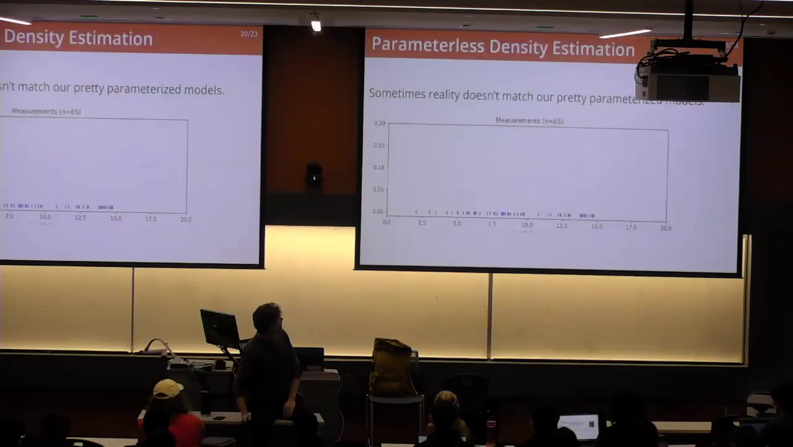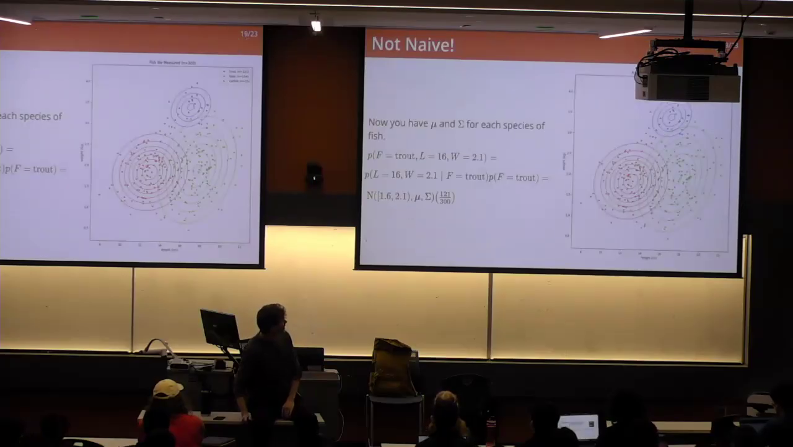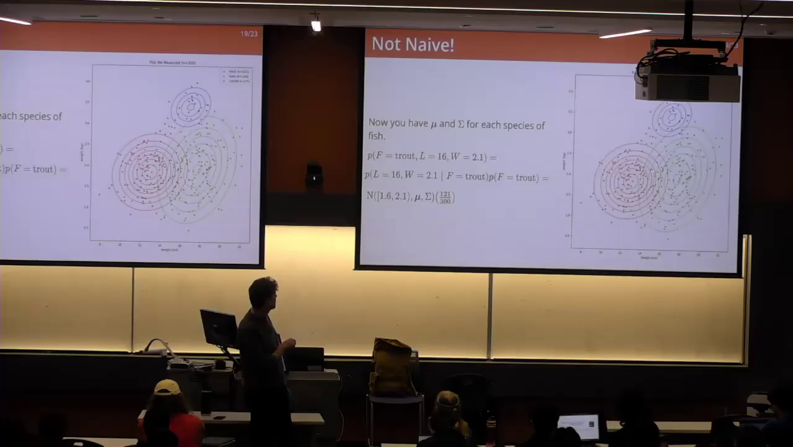All right, so if we do it not naive, then we figure out the covariance matrix for each of these and the mean for the whole thing. And then we can use that and multiply it by the prior, and we get a really nice